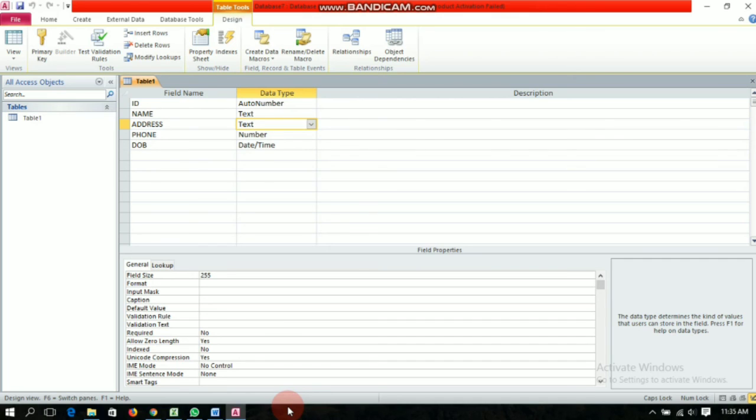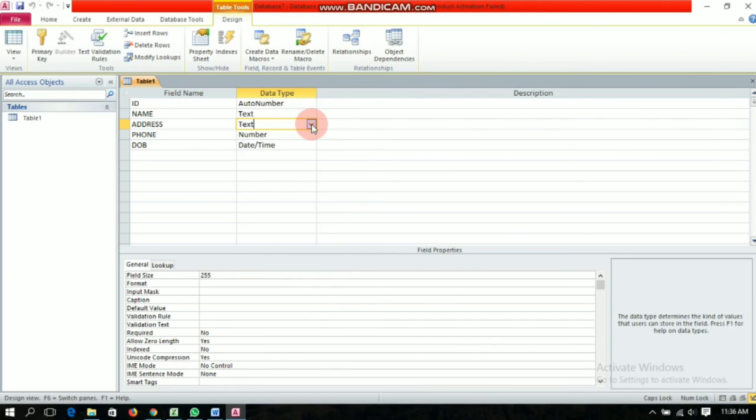And you cannot start a field name with a blank space. You can also find field properties by going to the design view. Now we will talk about the data types.